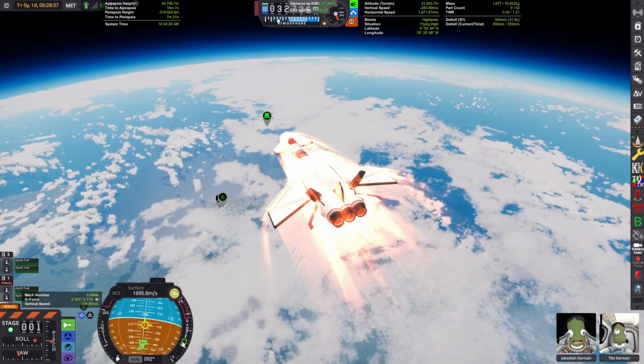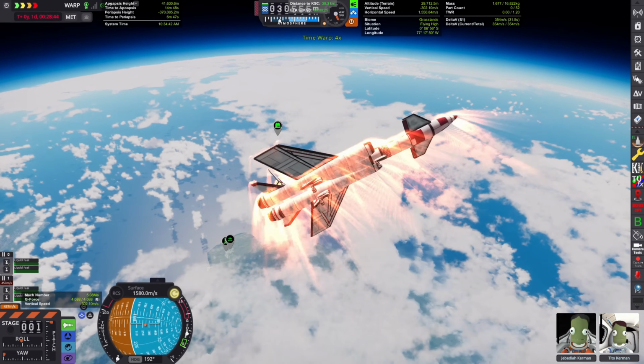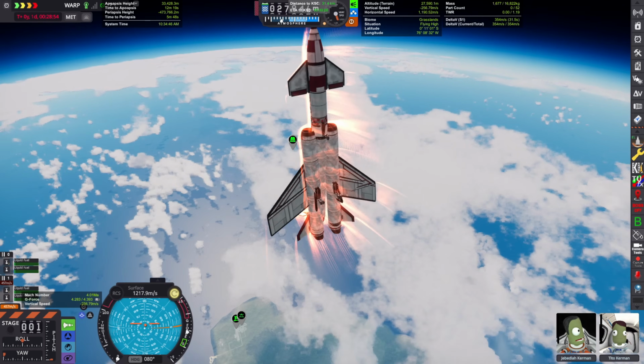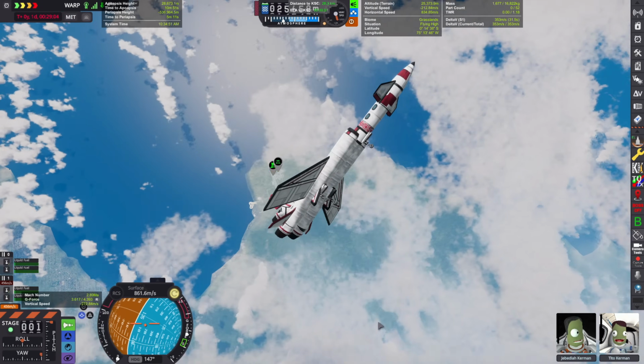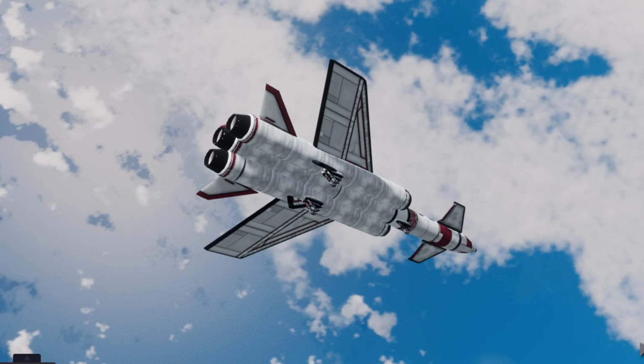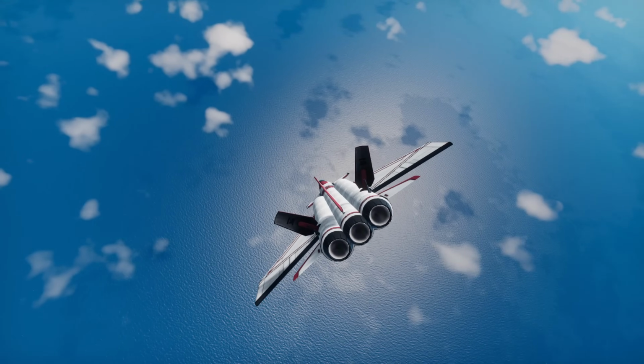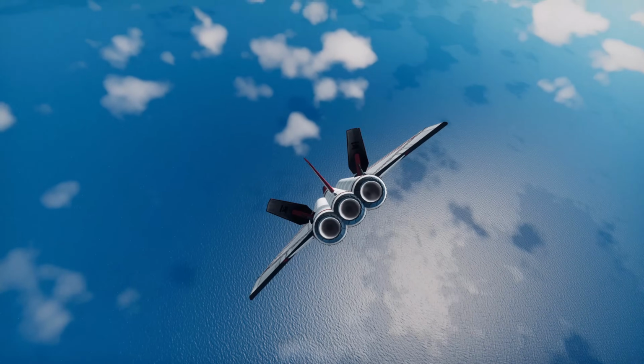And re-entries with untested spacecraft are always extremely anxiety-inducing, and that's for good reason. I was trying to slow down as fast as possible here above the KSC, and well, boy, I got my wish. We lost complete control right above the KSC, which killed all of our speed and brought us down right over top of it, but also, you know, the SSTO was nearly torn apart in the process,